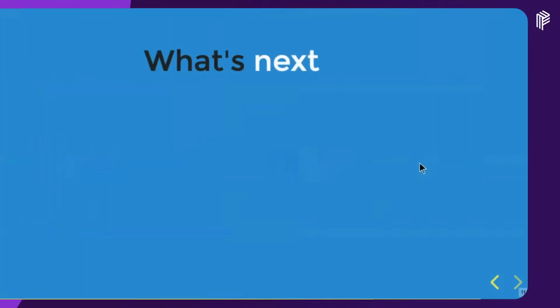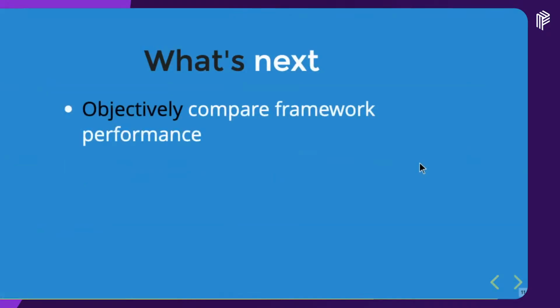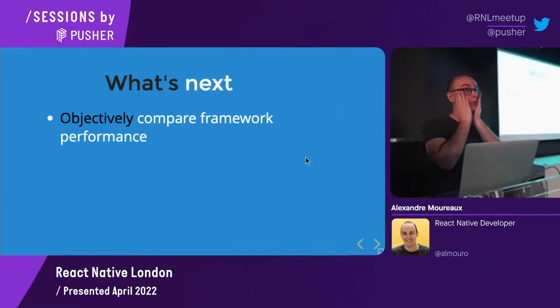And just getting back to the slide, this means pretty much we can do anything. I think we can objectively compare framework performance, and this is something that I want to do because I've been asked this question a lot of times: what is better, Flutter, native, React Native? So this is something we're going to do at BAM, the company where I work, to have a nice comparison. CPU is one thing. There's also FPS, RAM usage, and other stuff that will come into play.